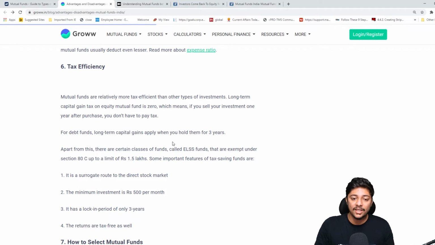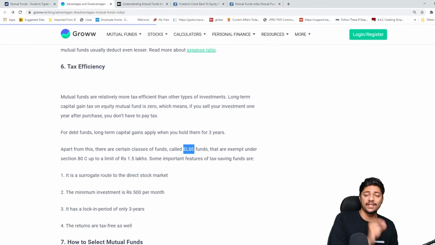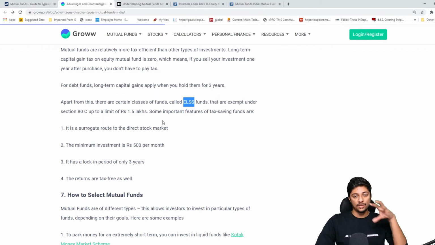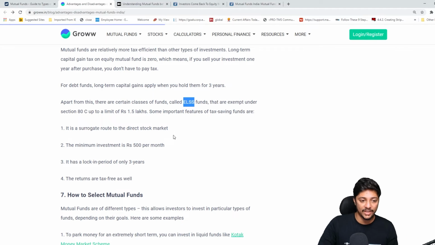So in mutual funds, there is one tax benefit. It is called ELSS fund, equity linked savings scheme. This is called ELSS fund. Gives great returns, by the way. I use it a lot. Now what this does is you can actually invest in a year 1.5 lakhs, which is completely tax free. Your government will not take that money. The only problem here is that it has a lock-in period of 3 years. The government says, acha, you've done it for yourself, but 3 saal tak you can't touch that money. The returns are also tax free, and it gives you beautiful market linked returns.